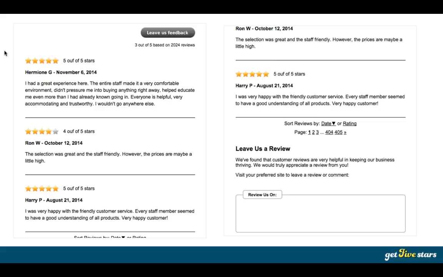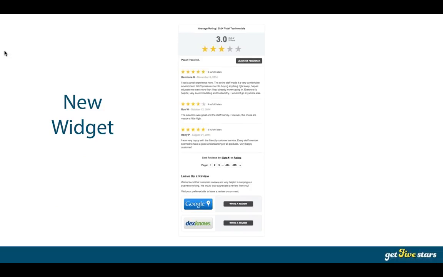What we wanted to do is come up with a better design, something fresher, more compelling, more interesting, and modern. Pretty much the functionality is the same, but the design is different. So here's the new widget design. We worked for quite a while on this. There were actually a lot of things we had to think about. It seems like it's just a little redesign of a widget, but